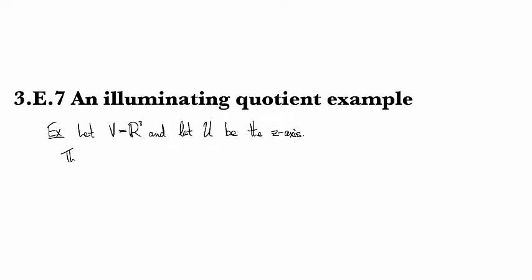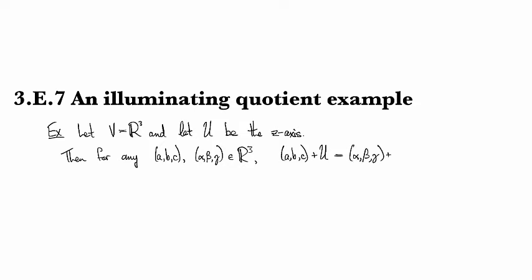Then for any elements A, B, C and alpha, beta, gamma of R3, (A, B, C) plus U is going to be the same as (alpha, beta, gamma) plus U. So we have two equivalent coordinate triples